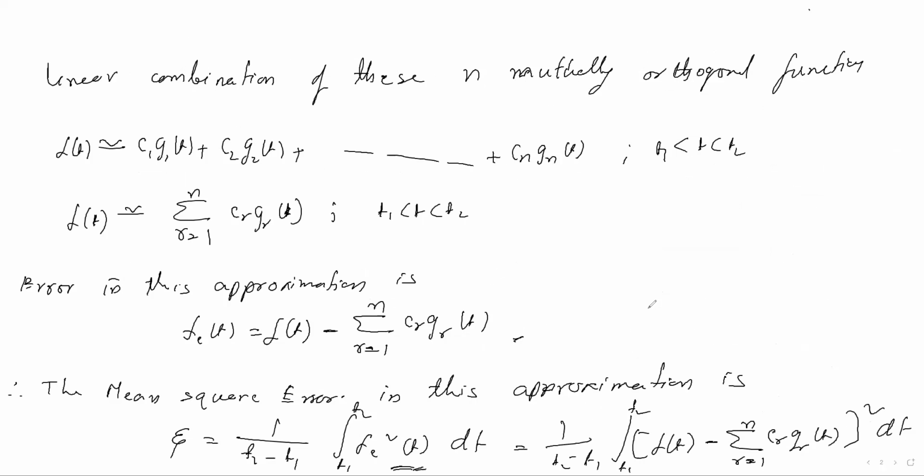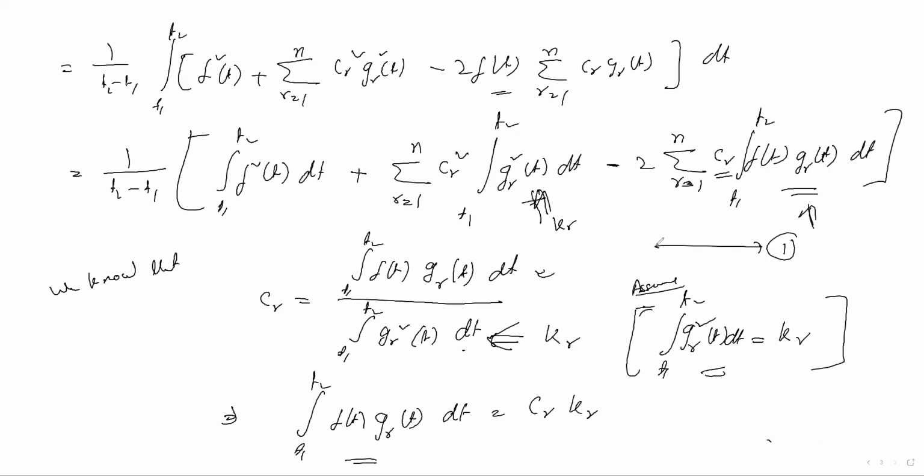We have given this equation as number 1. After that, we take this term as a CR KR. Next, you can write it's over. These are the epsilon, no? These are the epsilon. Okay.